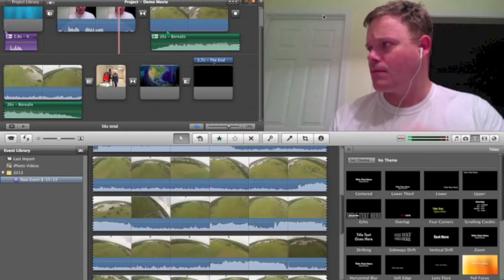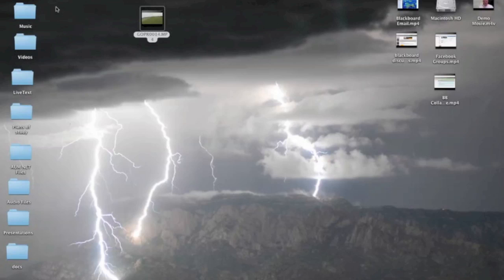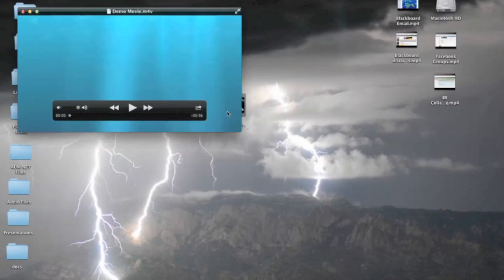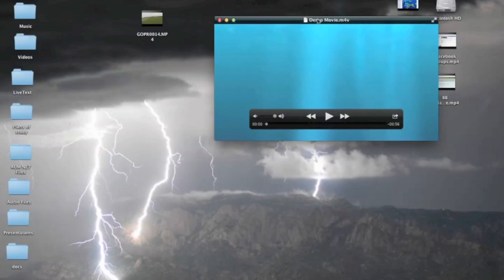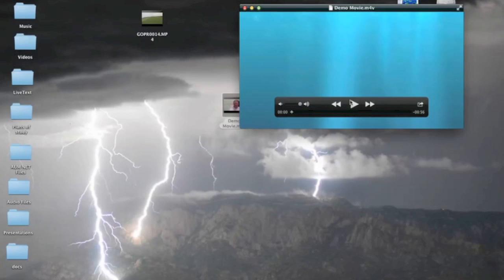Alright, now I just exported the movie, and I exported it to my desktop. So if I minimize my iMovie, let's take a look around for it. There it is, demomovie.m4v. And let's go ahead and open it up. And you can see it's not going to be a huge big image because, well, basically we made it a smaller file size, which makes the image smaller. But I can hit play,